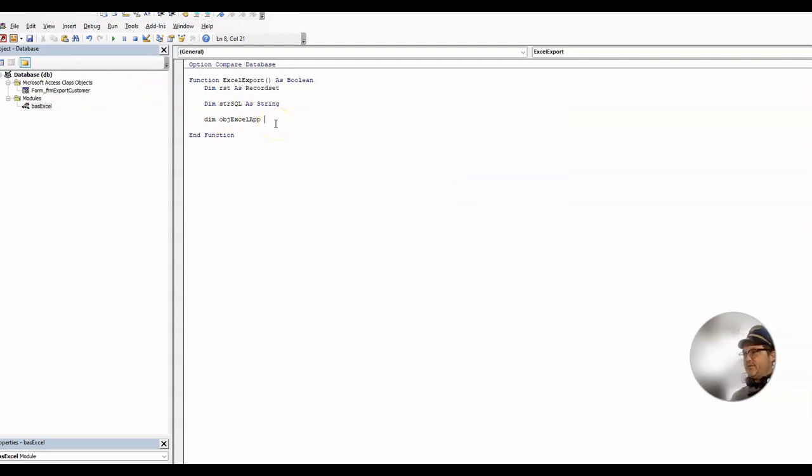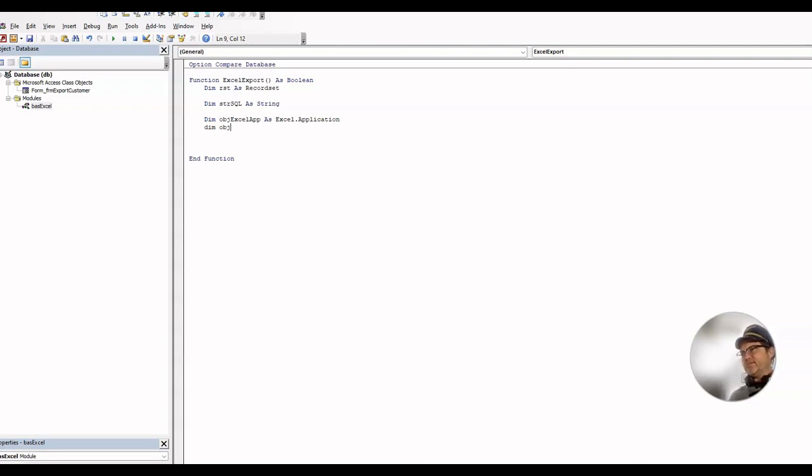Now, if I do this as Excel, okay, cool. I have Excel, the library's there, and then Application. So now I'm going to have an Office application. Now I want three things. I want an app, a book, and a sheet. So object. I put object here just because it helps me with the code to figure out, well, okay, I'm using some object now. I don't prefix it with an str, which is a string,